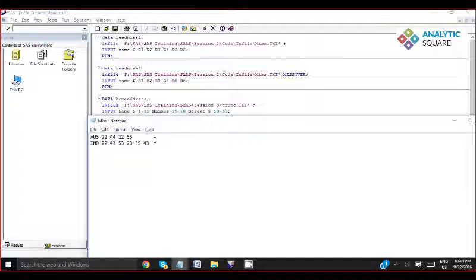Then what will happen? To read the value for R5, SAS will move to the next line. It always happens that if you have declared a variable and SAS isn't able to find the value for that variable, it will move to the next line. From the next line, it will pick the value into R5.